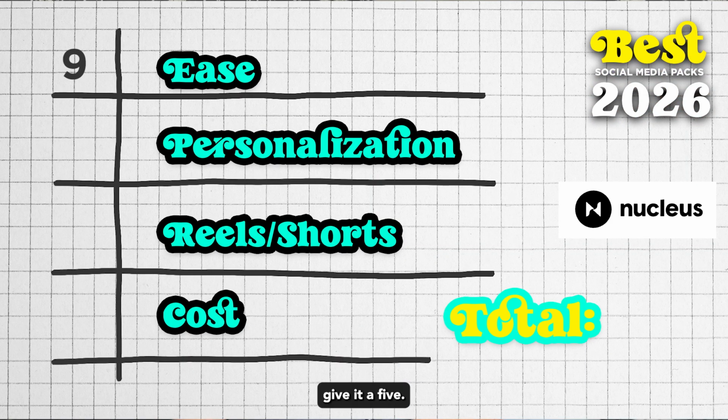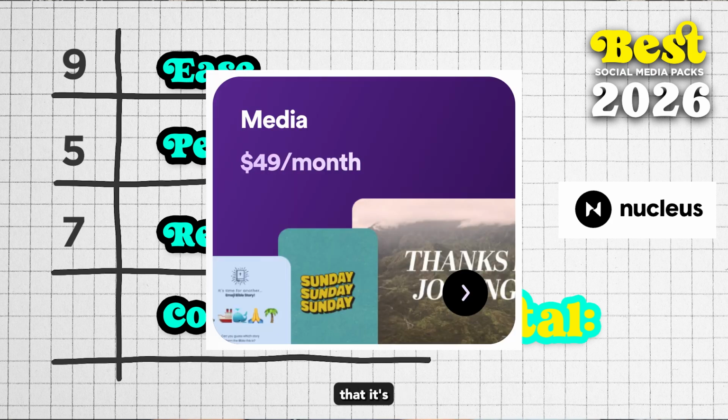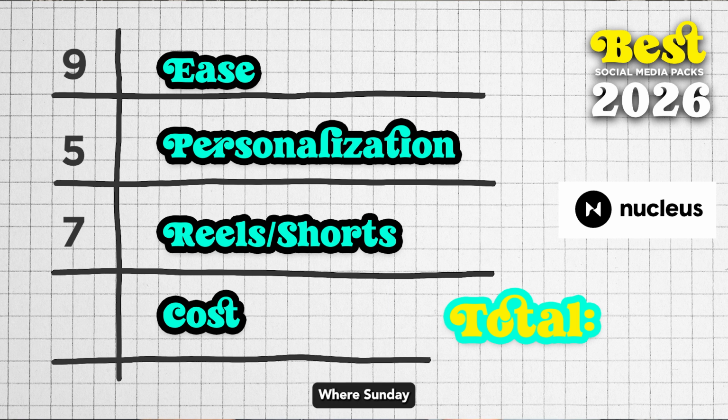Personalization, I'm going to go ahead and give it a 5. There's some editability in some of these, especially if you know how to use things like After Effects, Premiere Pro, Adobe Photoshop. Reels and Shorts, I'm going to give this a 7. This is a higher score than the Sunday Social one because it's baked into the cost, not just an add-on. However, you'll notice that it's about the same cost as Sunday Social. So this is Brady's base package. It is $49, where Sunday Social jumps up on you as you add it on. And so we're going to go ahead and give the cost factor about a 6,